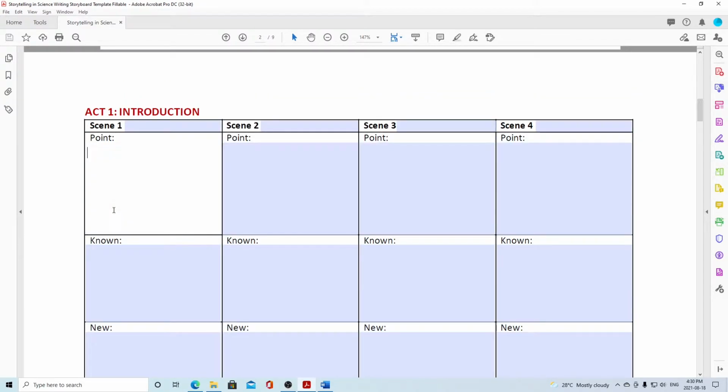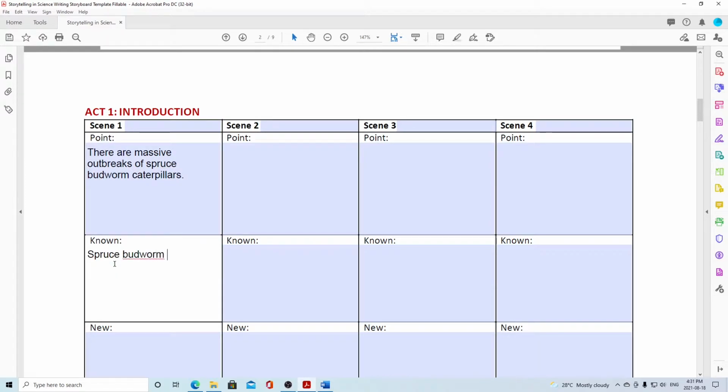As an example, I will fill in the first scene column of the introduction as if I was storyboarding for the article "Hardwood Content Impacts the Parasitoid Community Associated with Eastern Spruce Budworm, Lepidoptera tortricidae." My message for this scene is simply that there are massive outbreaks of spruce budworm caterpillars because the first scene in the introduction should be quite broad but still related to my research question, which was, how do hardwood trees impact parasitoid communities? The known information is that spruce budworm caterpillars cause extensive forest damage.